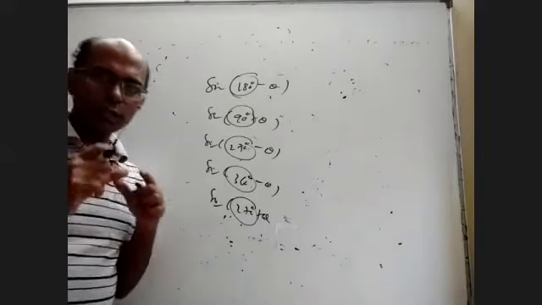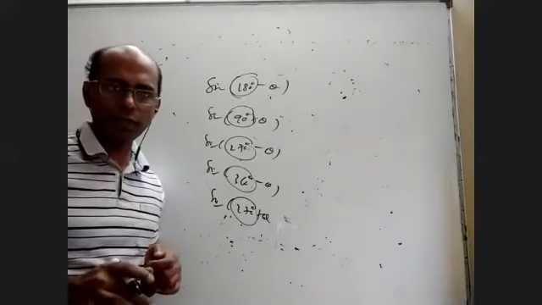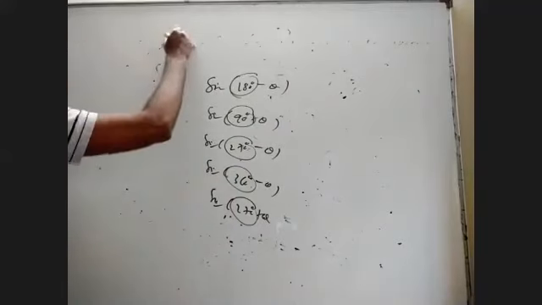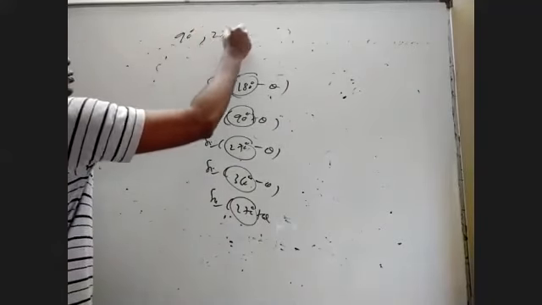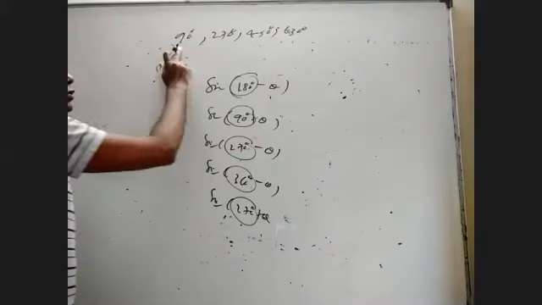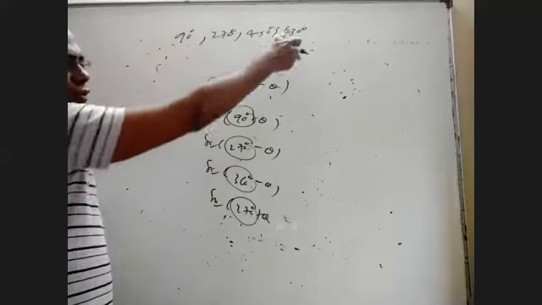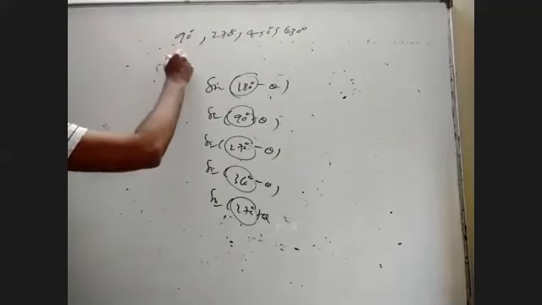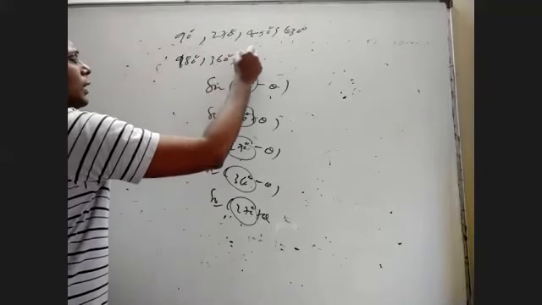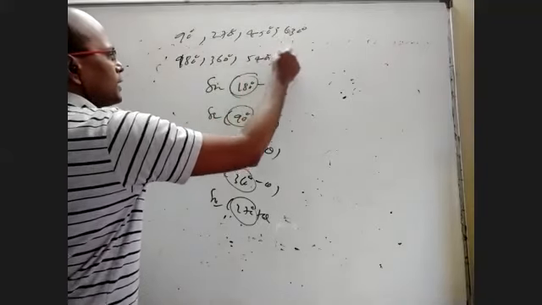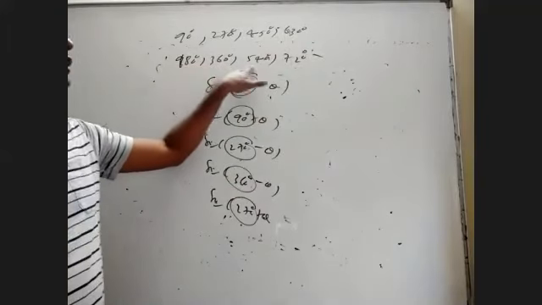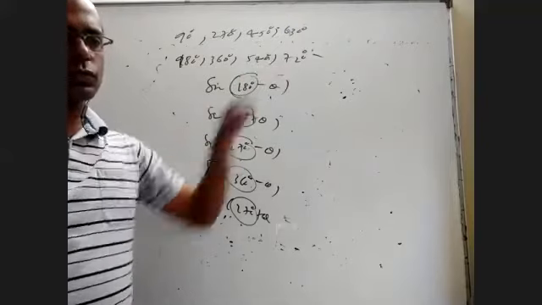If it is a multiple of 90 degrees, there are even multiples of 90 and odd multiples of 90. Odd multiples of 90 are 90, 270, 450, 630, so on. That is 90 times 1, 90 times 3, 90 times 5, 90 times 7, they're odd multiples. Even multiples means 180, 360, 540, 720, so on. That is 90 times 2, 90 times 4, 90 times 6, and 90 times 8, so on.